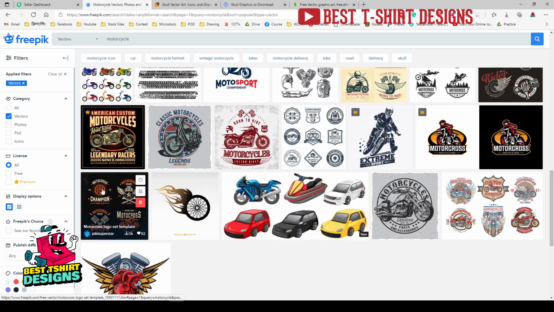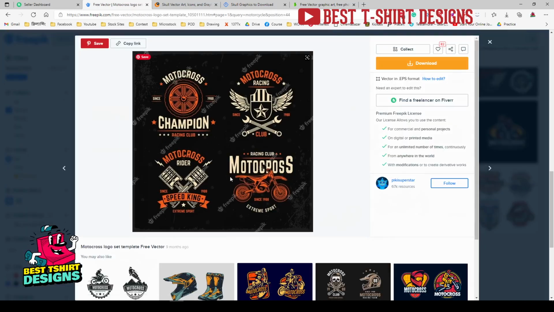You can see these are some already made t-shirt designs. I am not going to take this t-shirt design and upload it on any print on demand site, but I can download this pack to take these small parts. Like I need this range pack, I can take this. I need this bike, I can take this. I need this engine part or this tire, I can take that.